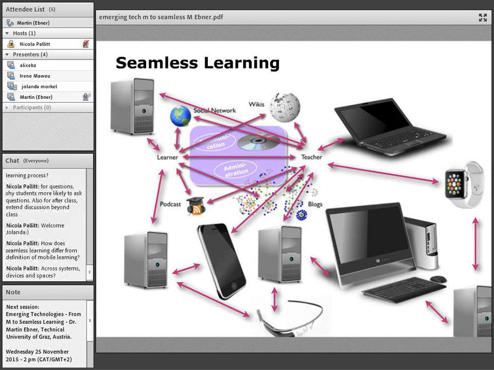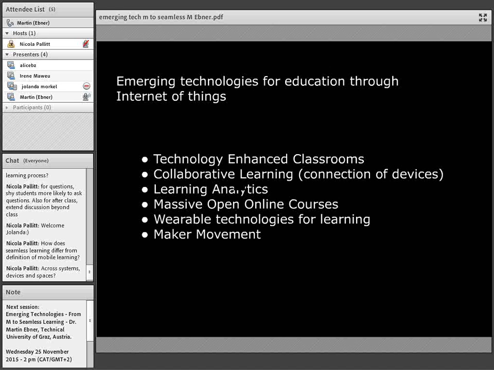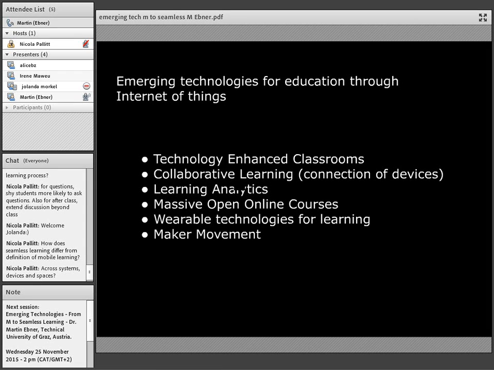It differs from mobile learning in that we have not only mobile devices where people actively go to the web. There are more sensors delivering different things to my mobile device, my computer, or whatever. More and more devices are connected, and maybe this is a step further. Yeah, thank you for the hint: across systems, devices, and also spaces. You see how these emerging technologies through the Internet of Things are currently beginning to work, and what we are doing in this direction.